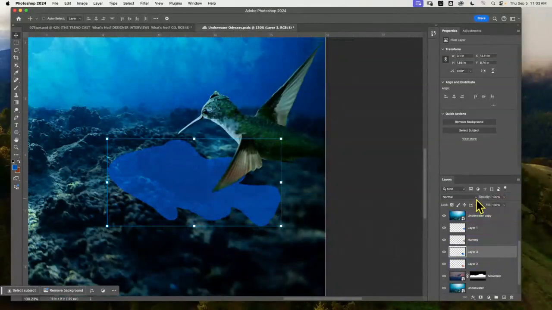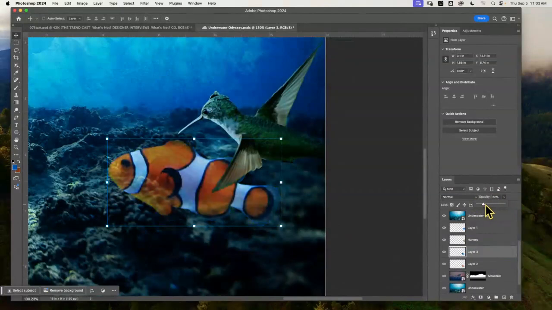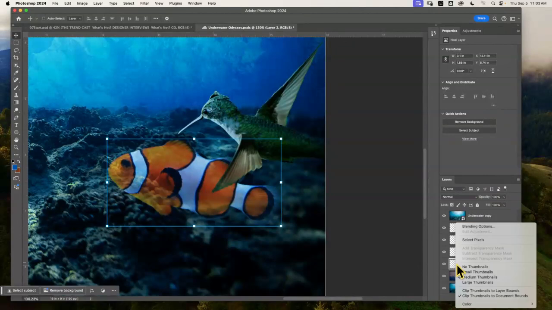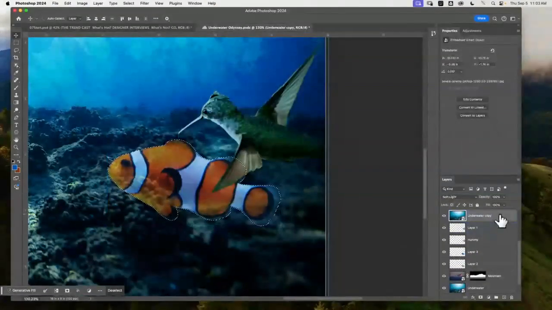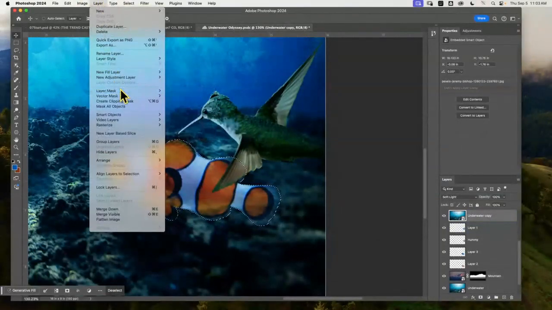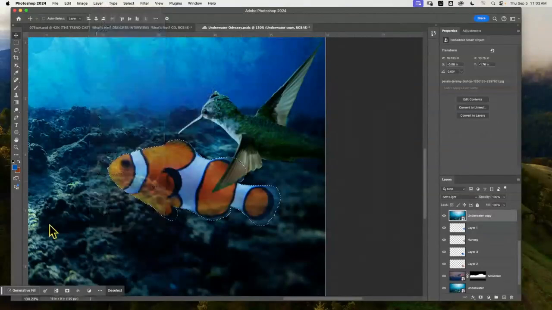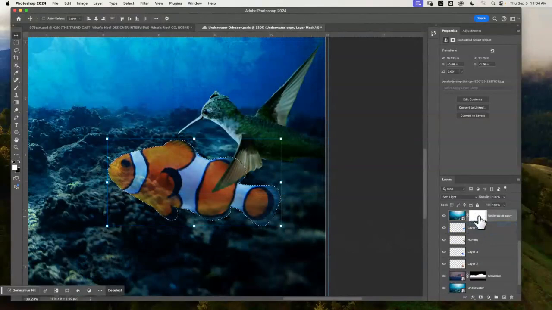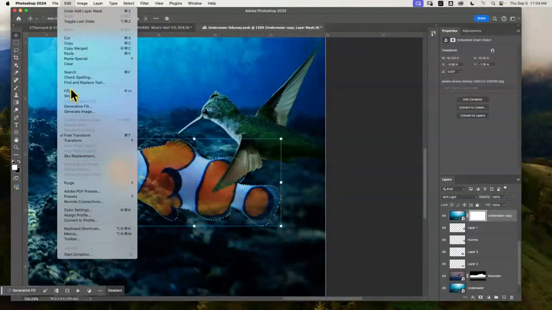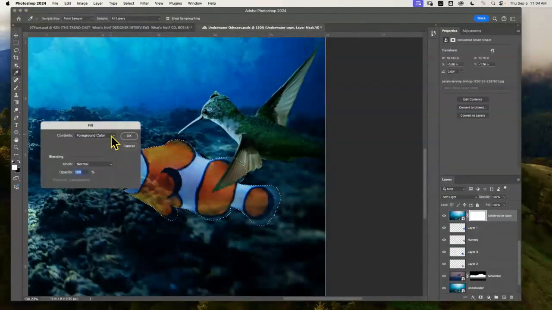I'm going to put that on top. Let's bring the opacity down because he's underwater too. And then what I can do, and this is something you can only do at the very end, I'm going to do the exact same thing here. I'm going to select pixels, go to underwater copy, go to layer mask, and do reveal all again. Now if I fill this with black, go to edit, fill, and choose black,